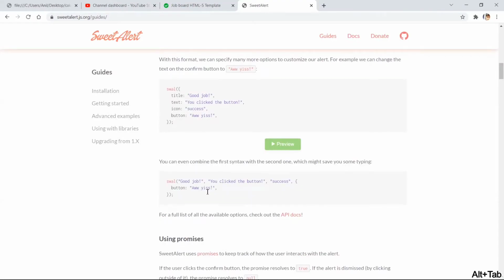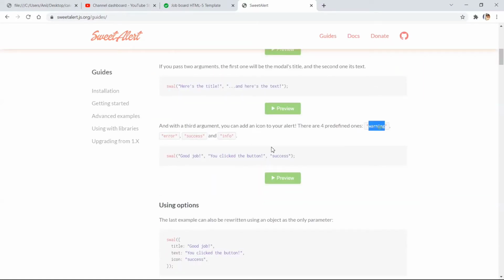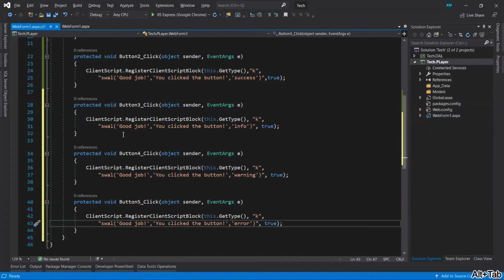You can see here we have only done four types: warning, error, success and info. So we have already seen the success one. Now we are going to see info, error and warning, okay. Let's change the title here, like instead of good job, we'll display information.